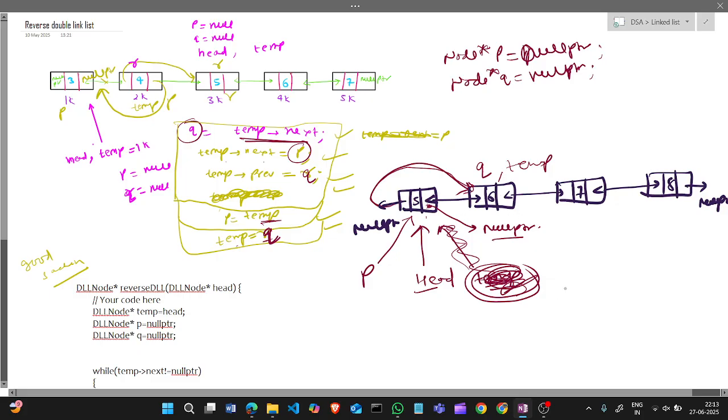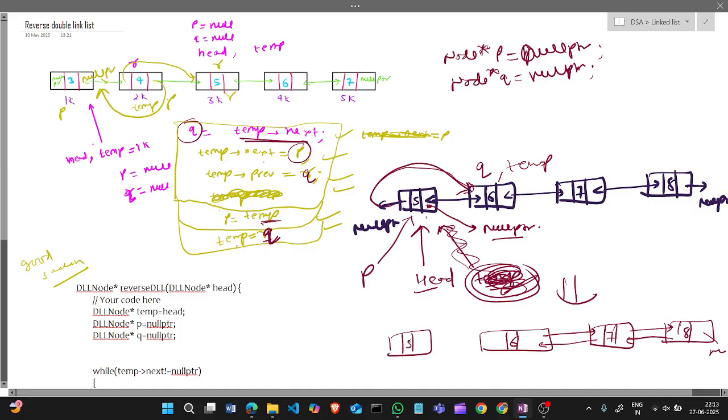So up to now what we made looks like this. This is the null pointer, this is the 6 7 8. This is the 5. Now see, its next is null.